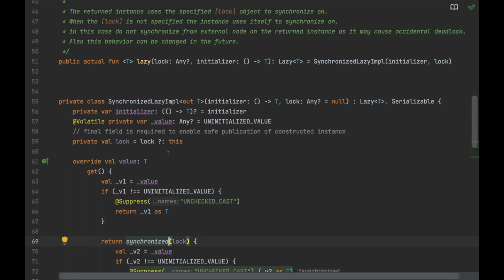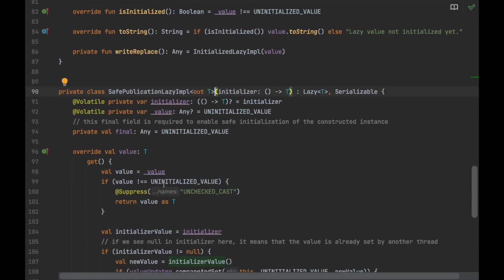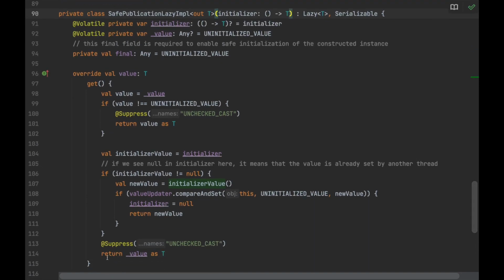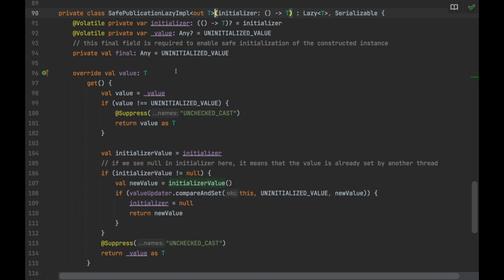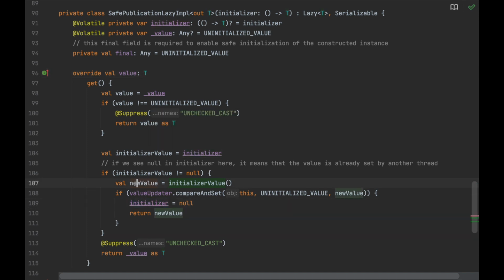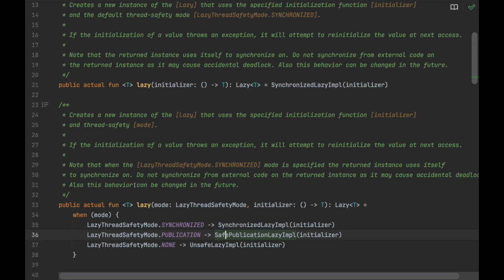And let's go back. The other one is the safe publication lazy implementation. Again, you can take a look at this, but just keep in mind that when you have multiple threads, this one doesn't guarantee the order. It's only the first one that got executed, that's the value that will be used, but it doesn't guarantee that the initializer won't be called multiple times. Okay, so now that we saw the different modes,